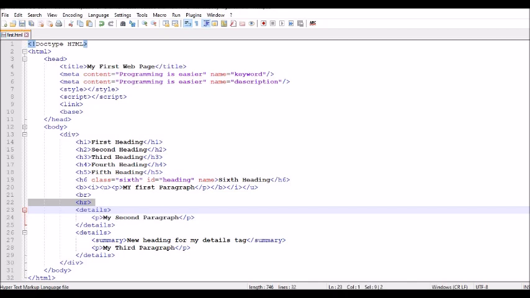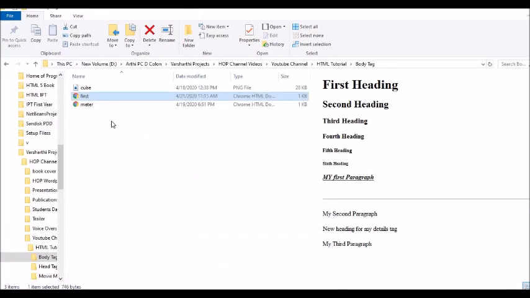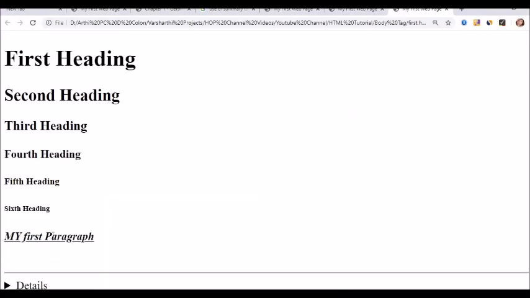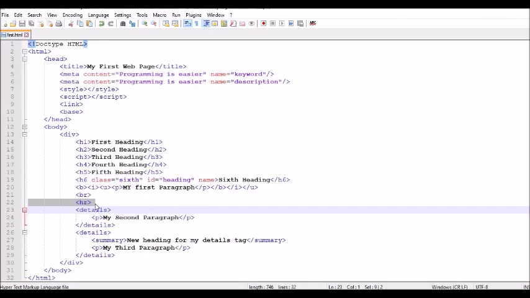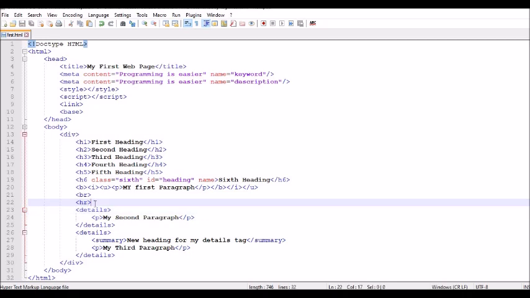Just look at the output here. So here my first paragraph content is bolded, italicized and underlined. After that a space is here, and after that a horizontal line is here, right? This space is due to BR tag, and this horizontal line is because of we have used HR here, right?